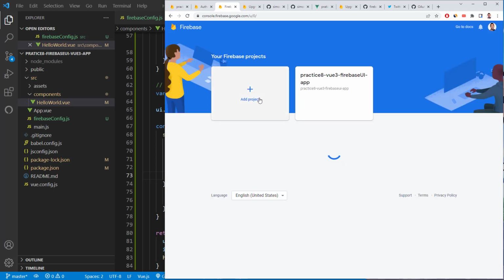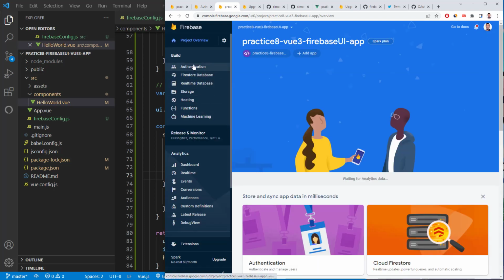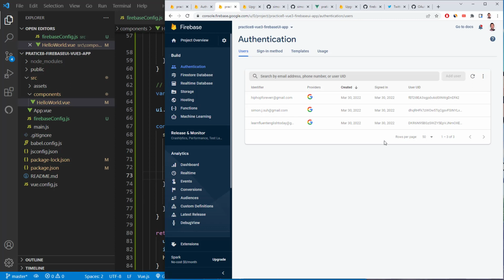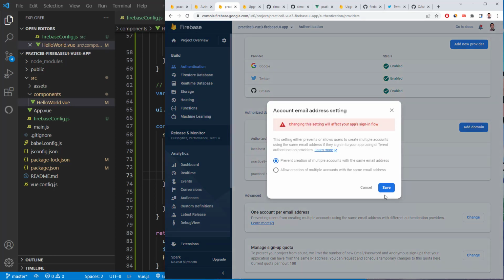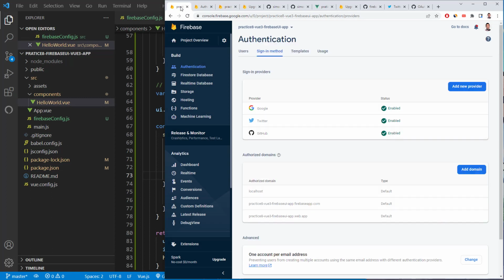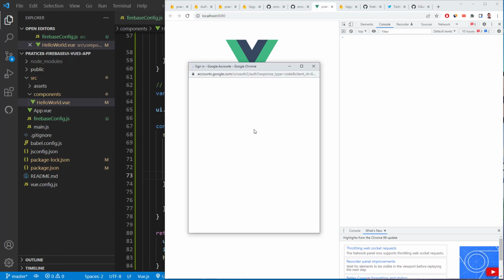go to console, practice 8, authentication, and sign in method. And we have to change the one account per email address setting to allow creation of multiple accounts with the same email address, because my GitHub and my Gmail account have the same email address. So once that's done, I can go back to this page, log in as my Gmail account,